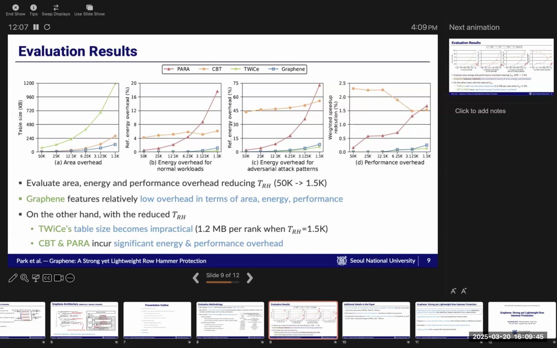Let's say this was, I'm just making up numbers, they have actual numbers in the paper. So let's say this was the probability enough to provide near complete protection at the threshold of 50K. Now, if you reduce the threshold to 25K, this probability of tail needs to be